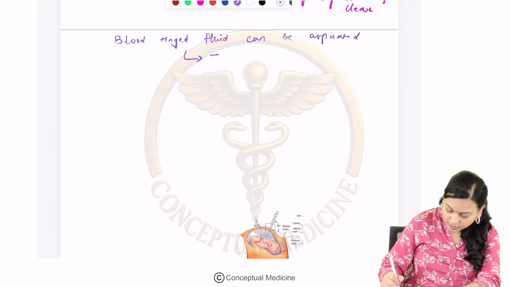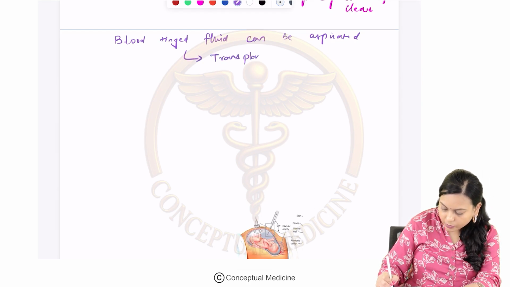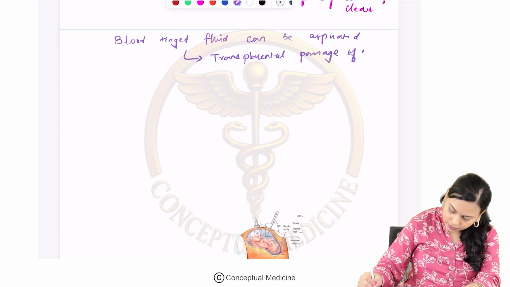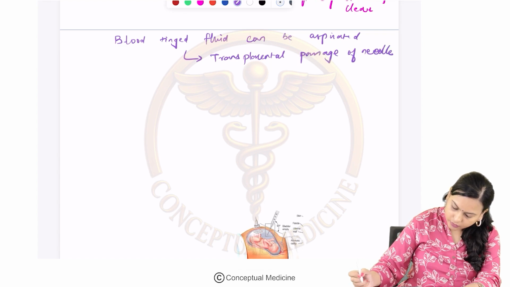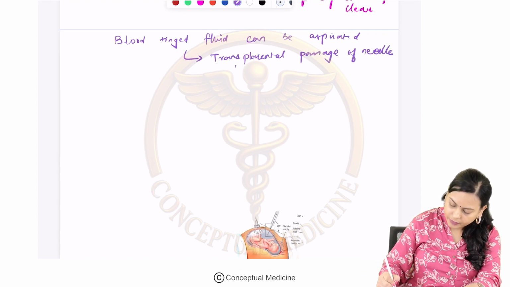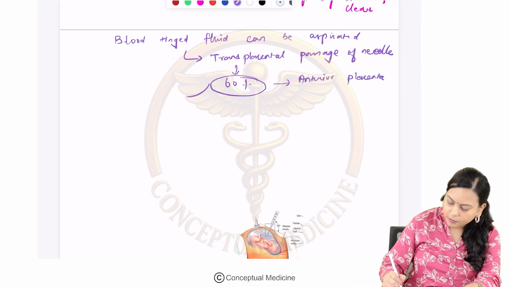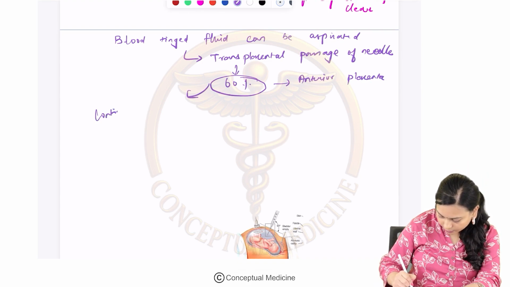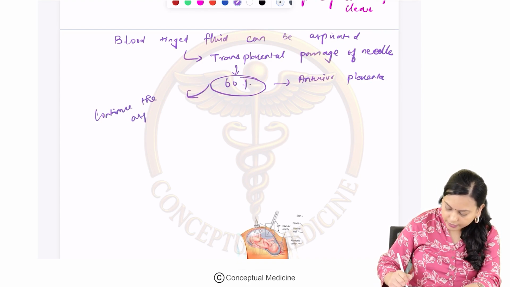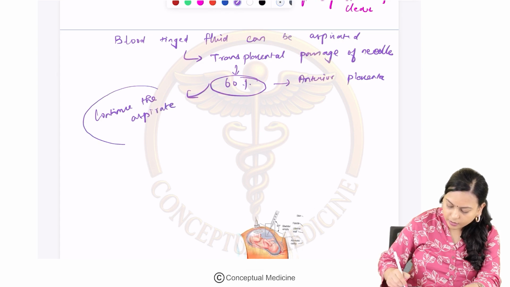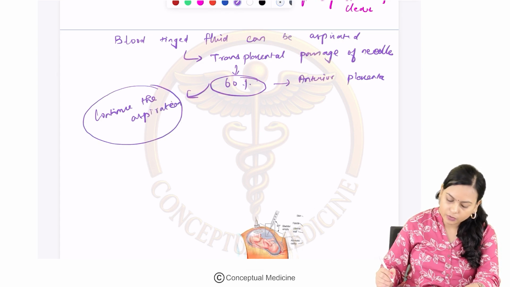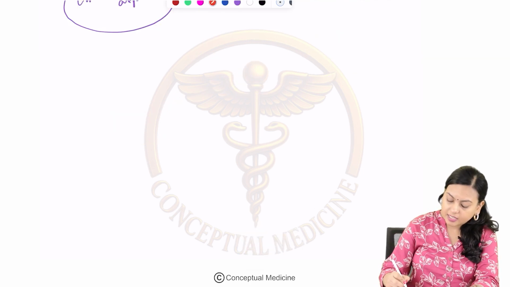In this case, you have to know that there would have been a transplacental passage of needle. Generally, it happens in 60% of the cases when there is an anterior placenta. Okay. What you have to do is, you have to continue the aspiration. As you aspirate, the blood will become clear. Okay. And then in this case, you can discard